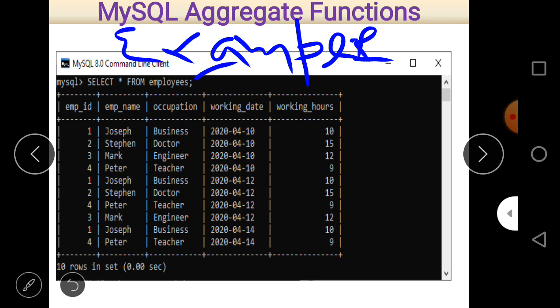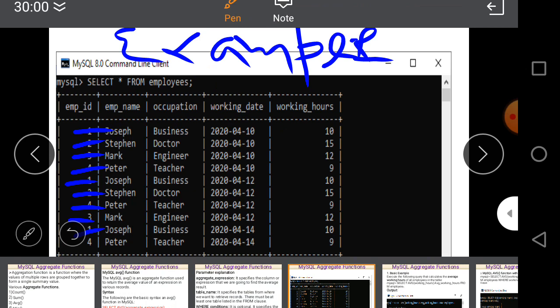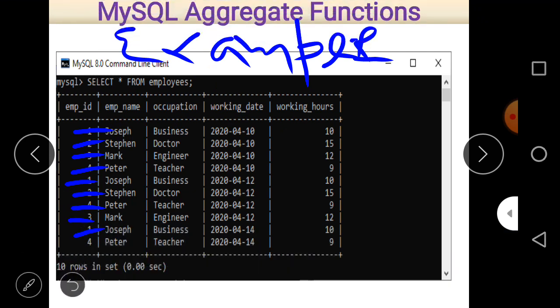You can see here we just write a command select star from employees. It means all the records belonging to the table employees will appear here, and there are 5 columns, or we can say attributes: employee ID, employee name, occupation, working date, and working hours. For these 5 columns there are different records, 10 records are there, and there is a duplication of records also. You can easily see here,